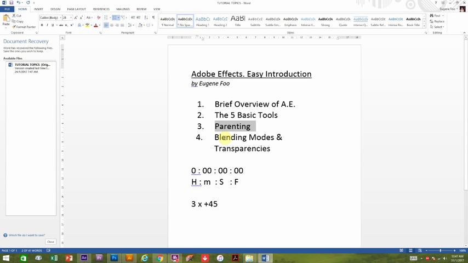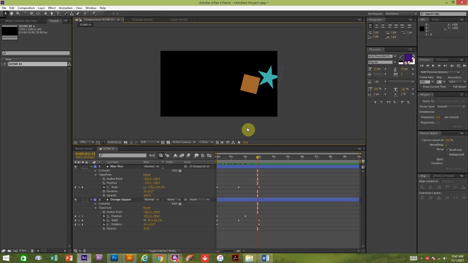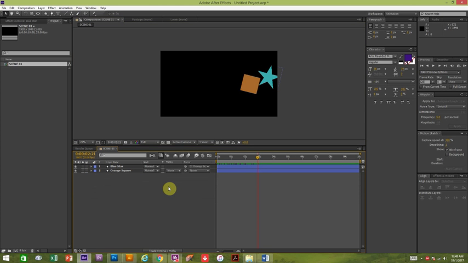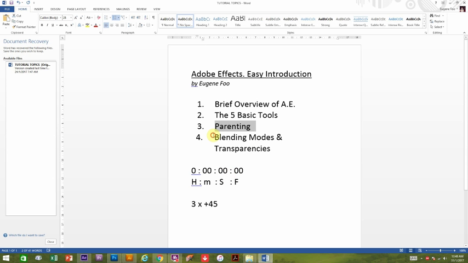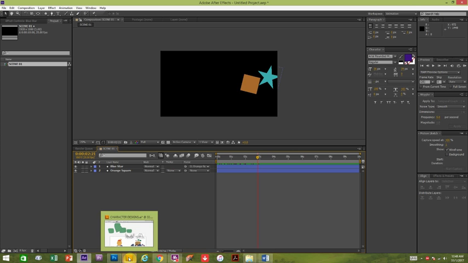Okay, the next thing, blending modes and transparencies. Now what are these about? I think it's important to know what blending modes and transparencies are, because it is something that you will also learn in Photoshop and Illustrator. But instead of teaching you about blending modes and transparencies in After Effects, I will show it to you in